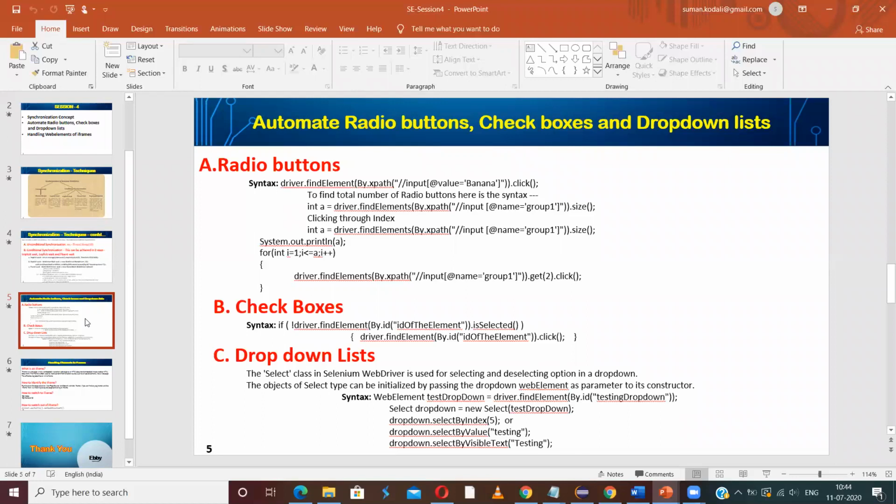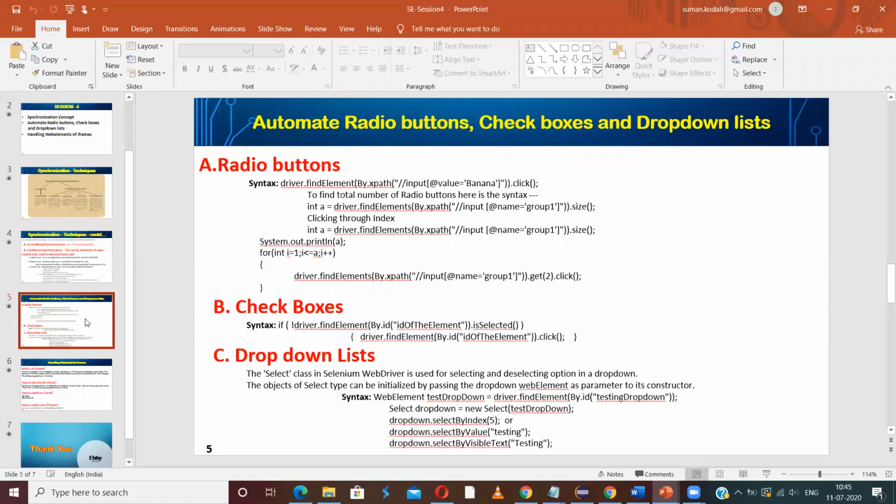When it comes to drop-down lists, we have to use the Select class, because a drop-down itself is not just an element in itself; we will have a list of items to interact with.